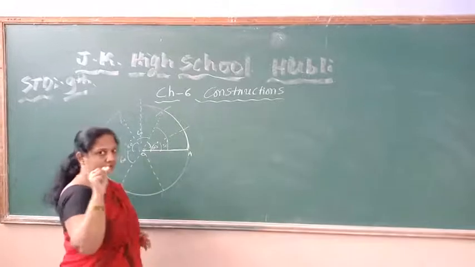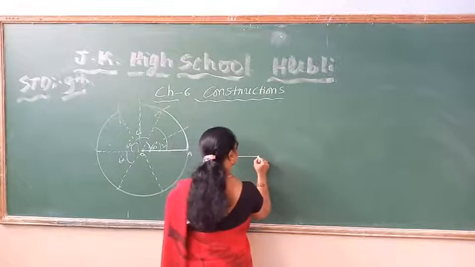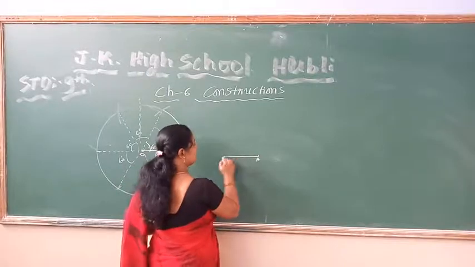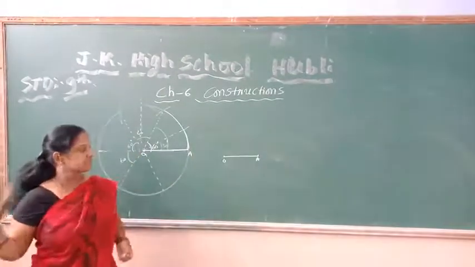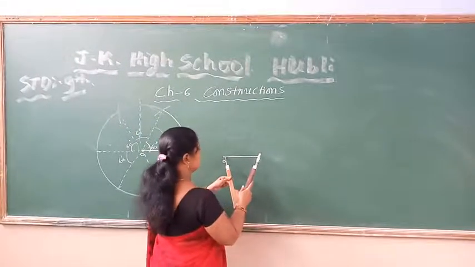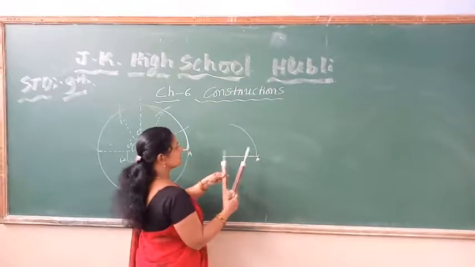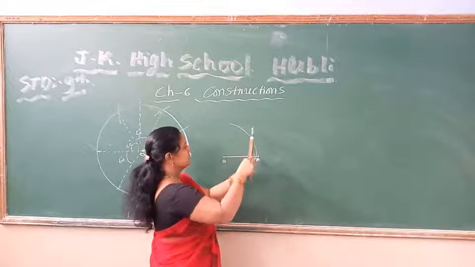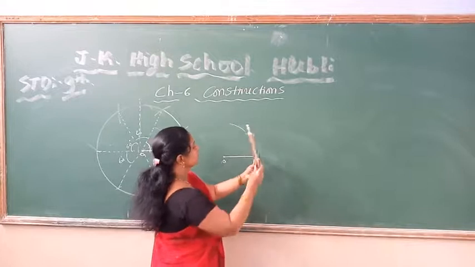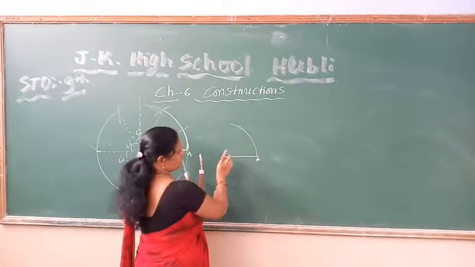See now, you want to construct only 15 degree. So take approximately one ray and draw an arc by taking the same radius. Draw one arc first. Then by taking the same radius, you can cut this. Okay, this is 60 degree, children. This is 60 degree. Okay, 60 degree, join, you got it, 60 degree.